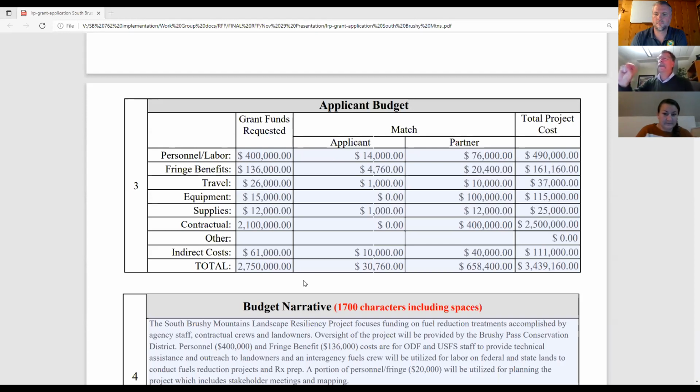Keeping in mind, though, that these particular line items need to be in that budget. And it is just a budget, so it's a guess of what can be done. But then they're all rolled up into one applicant budget that shows a $2.75 million project. And so within personnel and labor, there's 2 or 3 different entities that are budgeting for personnel. There's 2 or 3 different entities that are budgeting for supplies. You'll notice contractual is very large because there's a large component of contracting out work with private companies, work crews,